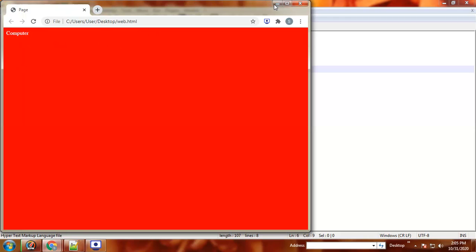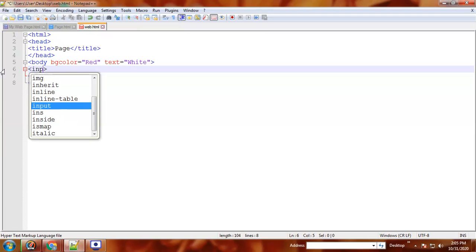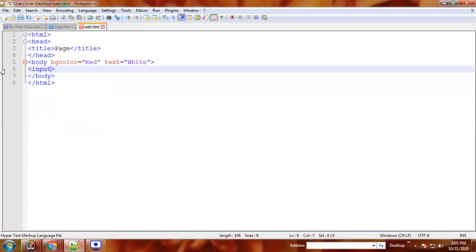Again, if you want to give a form in HTML5, erase this. If you want to give a form, then input type equal to, if you want normal text, then text.